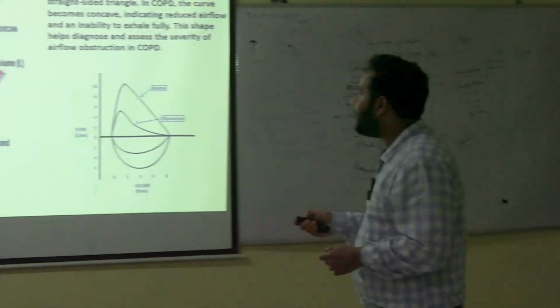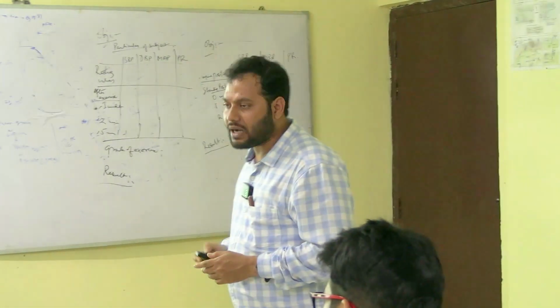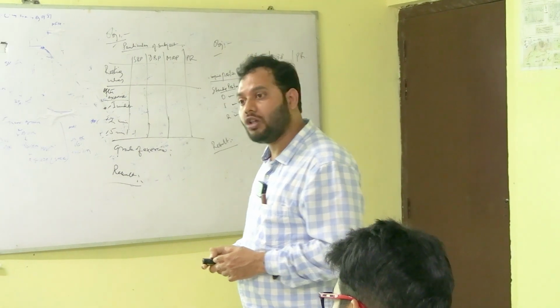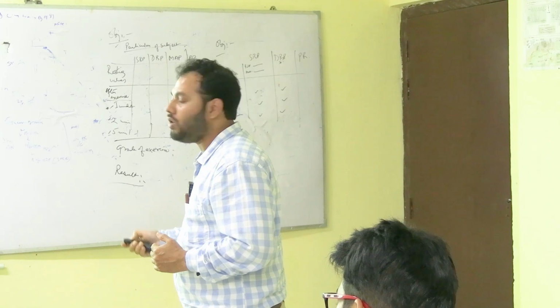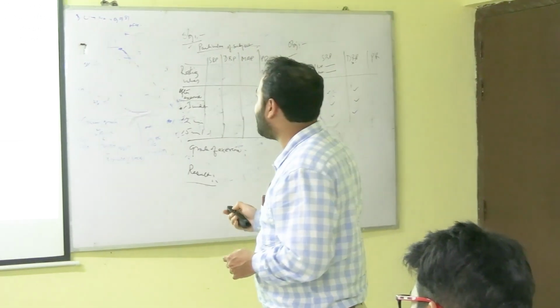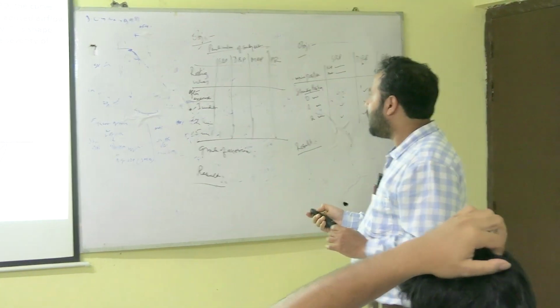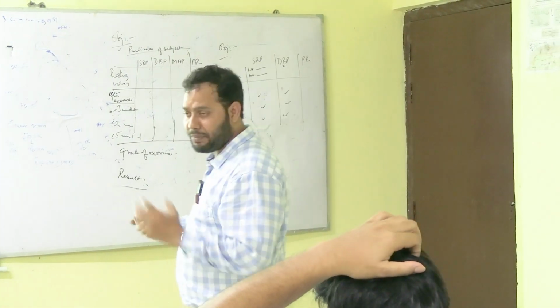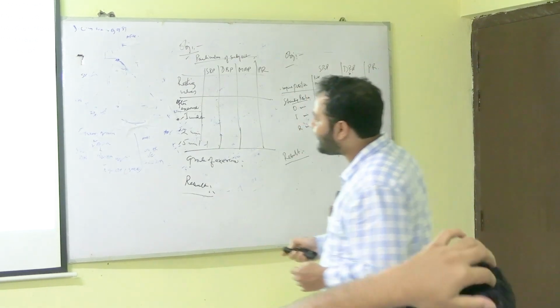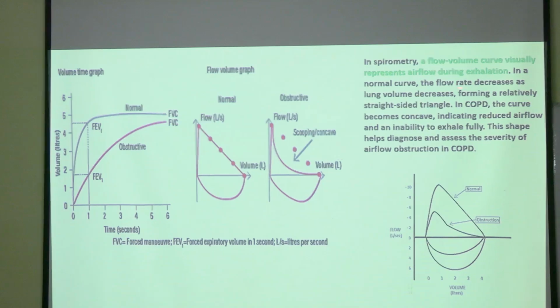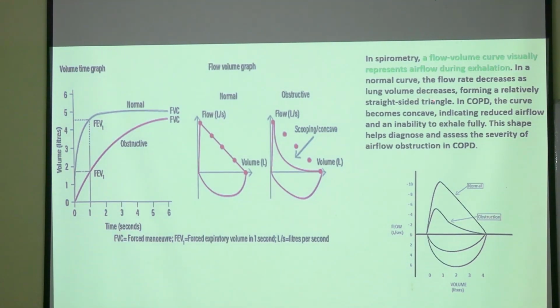We not only depend on the time volume curve, right? We can also compare the findings with the flow volume loop. It is a visual representation of airflow during exhalation. So if you see the normal case, in this particular case, you see, in a normal cuff, the flow rate decreases as lung volume decreases, forming a